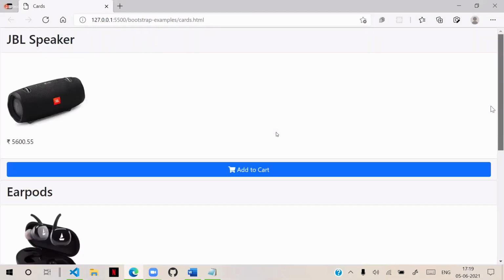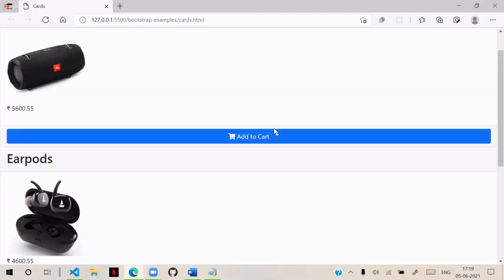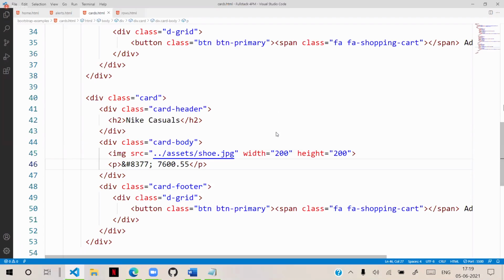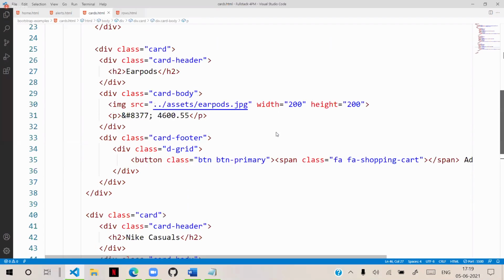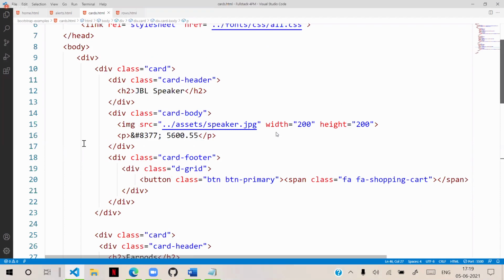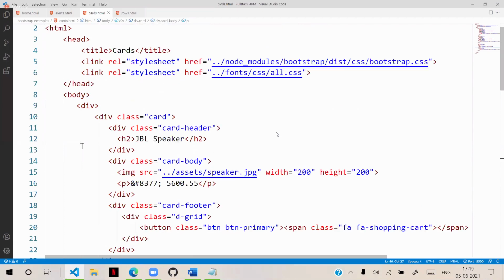Now what we can do is keep the cards with a ready-made effect. So you keep all the cards in a div. This div can use the display styles for keeping all your cards in a special way. We can display in a style.